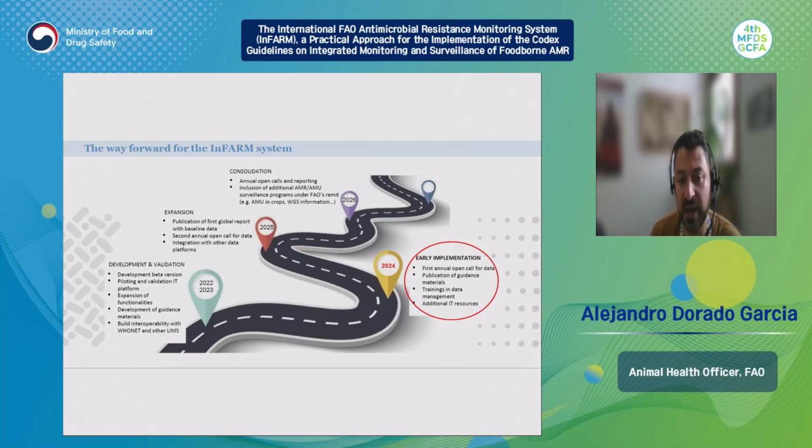And through this annual open call for data, we will also work on the integration of the data into the GISA platform, the Global Integrated System for Antimicrobial Use and Antimicrobial Resistance. Of course, we will integrate this data with GISA, but we will also integrate with other data platforms inside FAO. In FAO, we have the Hand in Hand initiative. We have the agroinformatics platform that also has information on transboundary animal diseases, other health aspects and other data that would be very useful to connect with the data coming from the INFAM system.